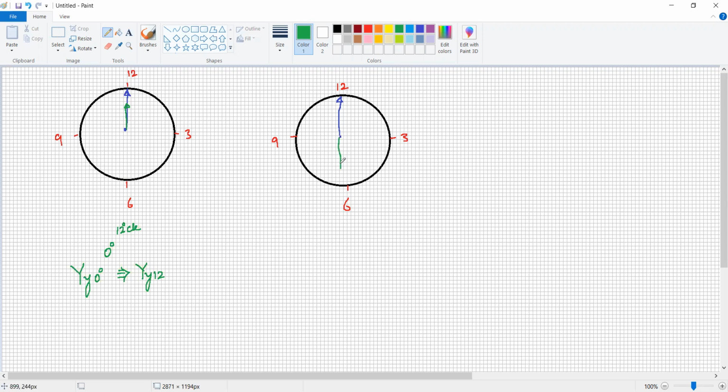180 degree. Okay, so here it is a secondary winding. It is totally 180 degree, so it is represented as a vector group. Suppose we are taking the same vector group, it is Y, 180 degree, isn't it? This 180 degree means it is capital Y 6. So this is the vector group.